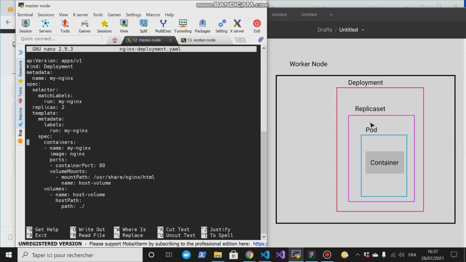So when this replica set matches the labels, and finds that there is a pod with this name, it will take it inside it, right? And then inside that pod we have a container. We call it my nginx, right? So we will have a deployment inside